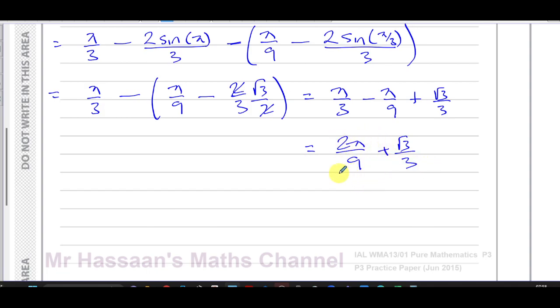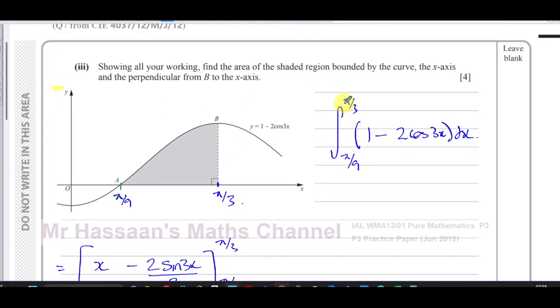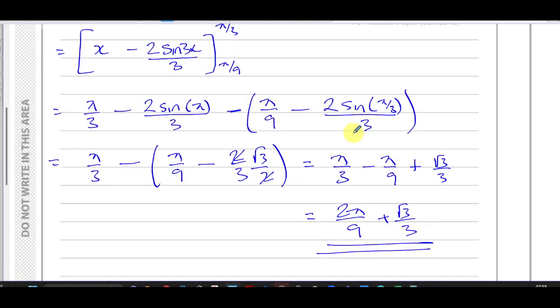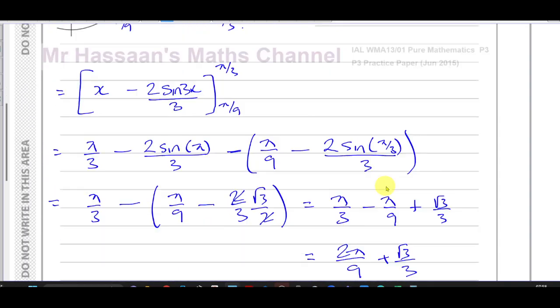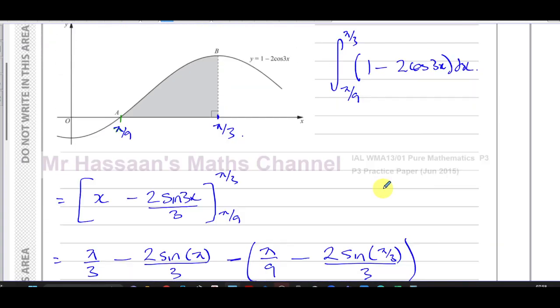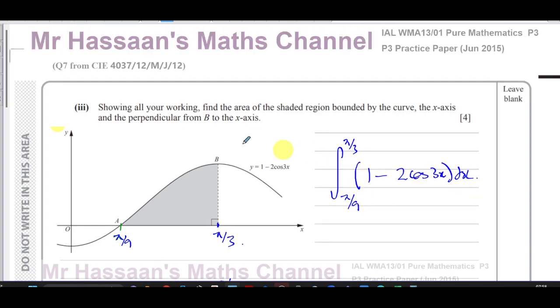So here we have the answer to this question in exact form, the exact area. Now, if the question said find the exact area, then you would have to leave it in this form in terms of pi and in terms of roots. You would have to leave it like that. But in this question here, it doesn't state it, so you could put it in decimal form as well. Okay, so there's the answer to part 3, and that completes this question, question number 7 from the CIE paper,